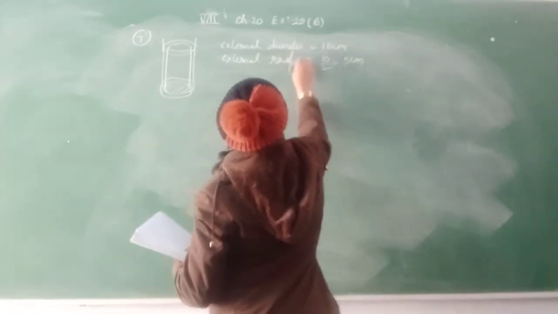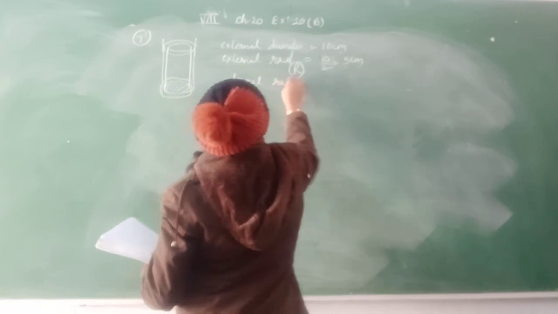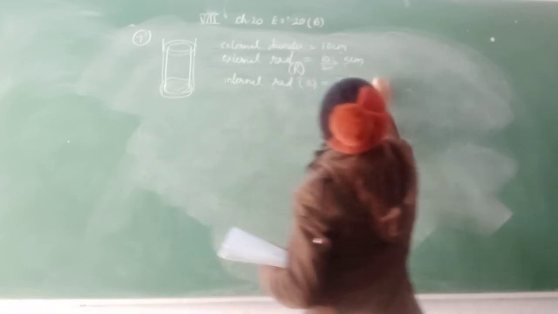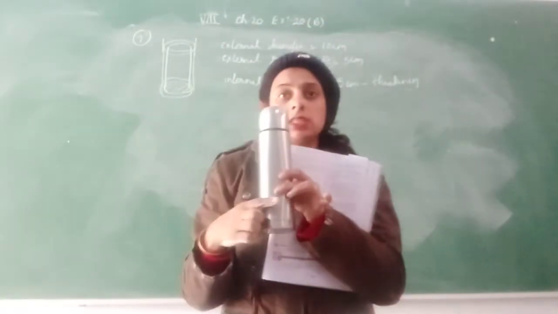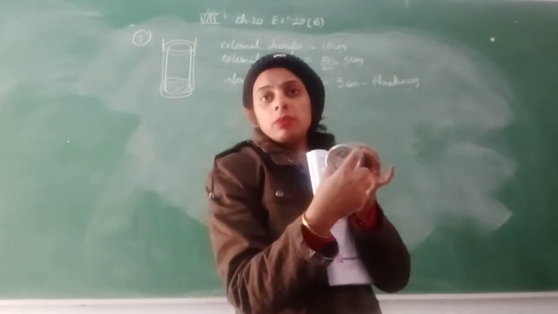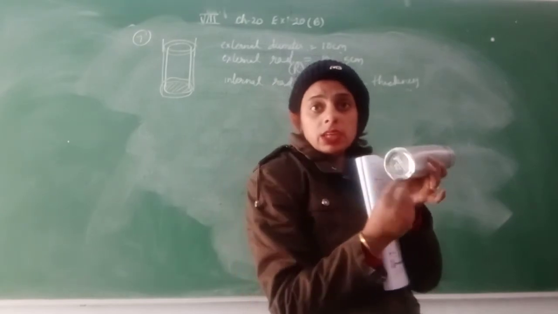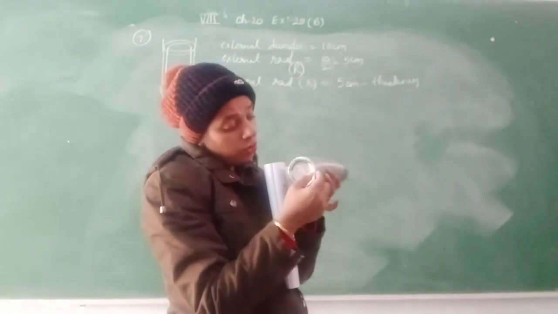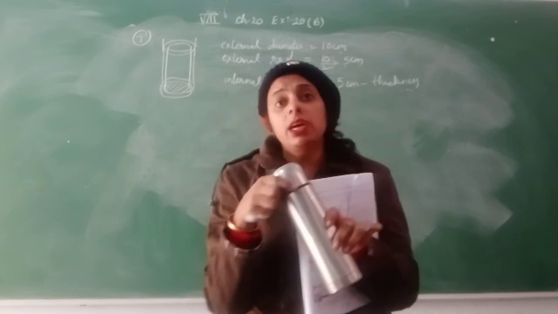That is represented by the capital R. And the internal one, small r, will become 5 centimeter minus thickness. When you remove the thickness from it, suppose you have the external radius from the external diameter, from this point to this point, how will you get the internal one? When you just remove the thickness of this one. Clear? This is 2 centimeter from the external radius. If you remove this one, you will get the internal radius. Remove the thickness, then you will get the internal radius.